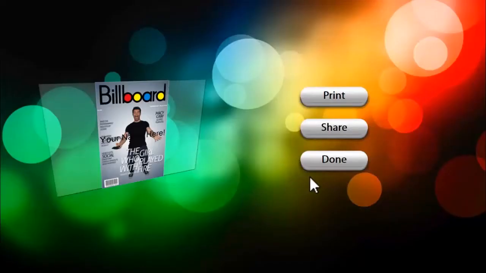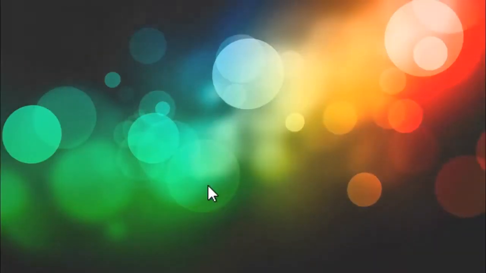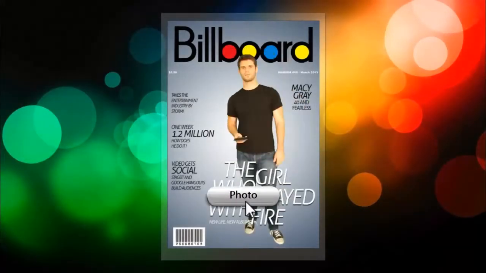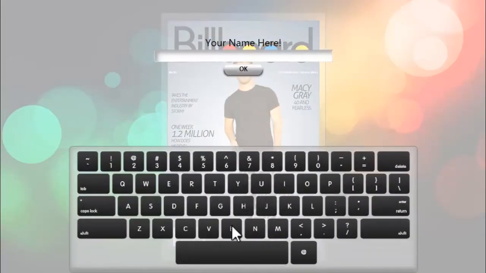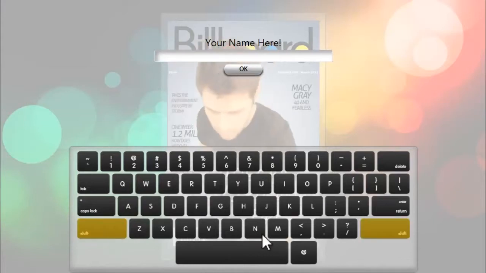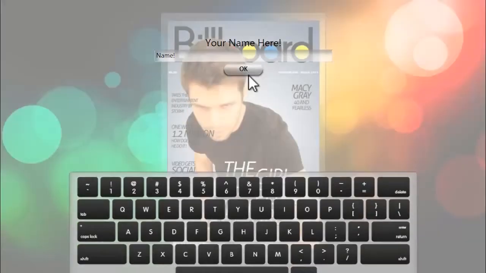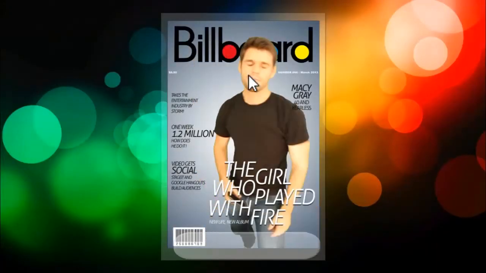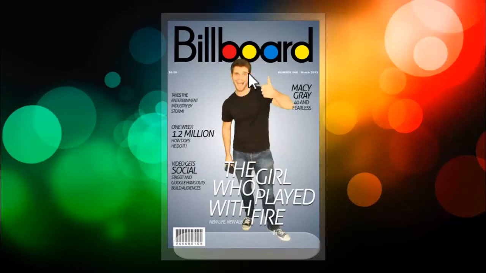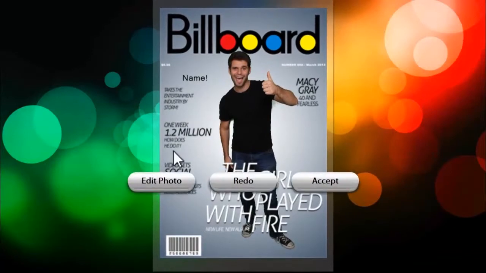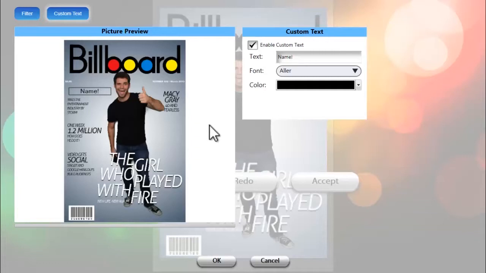That will save those settings, and we'll simply take another photo to check those settings and check the placement of that text. So here we're prompted for the name. And then we take our photo. Great, much better. Now it's almost in the position where we want it. It's about the right size, but because we enabled that Edit Photo button in the preferences, we can now simply